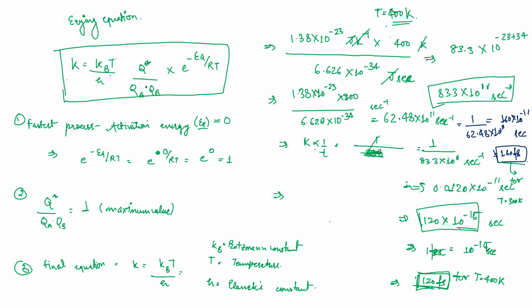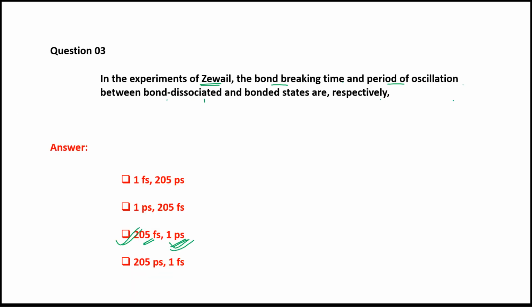We also noticed that as a function of T, the value of k at a lower temperature is 62.48, compared to the one at 400 Kelvin, which came out to be 83.3 times 10 to the power 11 second inverse. Okay. Now, for the third question, we discussed Zewail's experiment, where the group